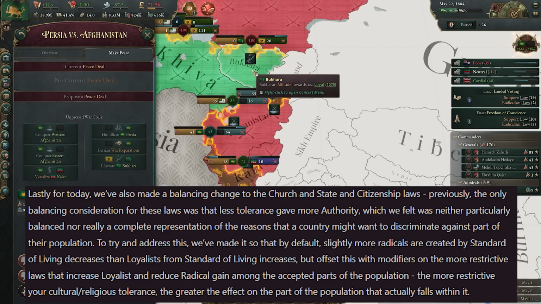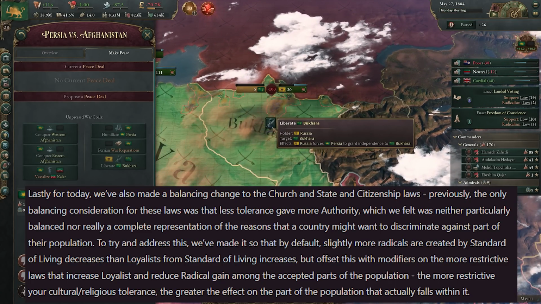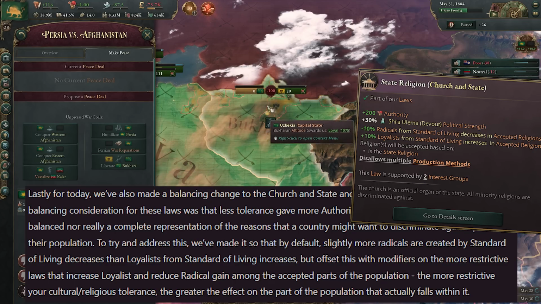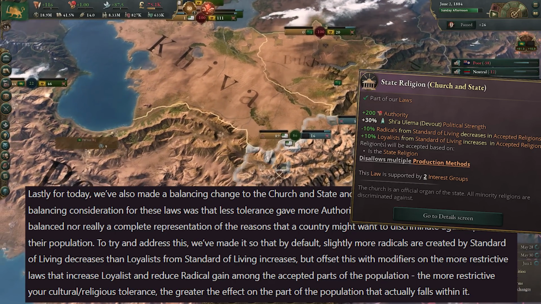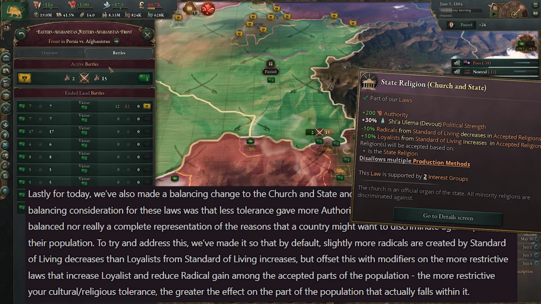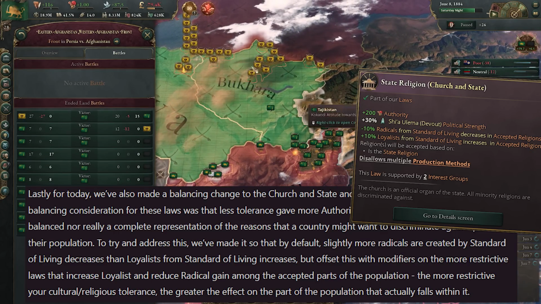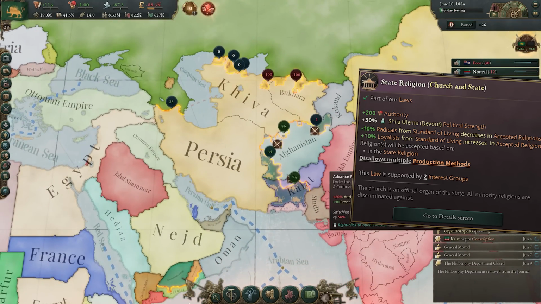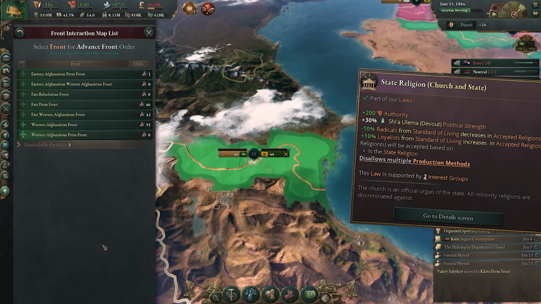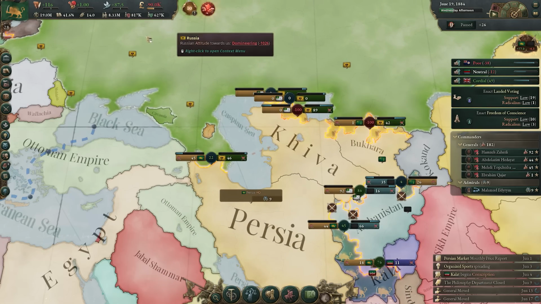To try and address it, they've made it so that by default, more radicals are created by standard of living decreases than loyalists from standard of living increases. However, they offset this with modifiers on the more restrictive laws that increase loyalists and reduce radical gain, but only among the accepted parts of the population. The more restrictive our cultural or religious tolerance, the greater the effect on the part of the population that it's actually targeting feels. Basically what they're saying here is they're trying to make these laws feel a bit more real